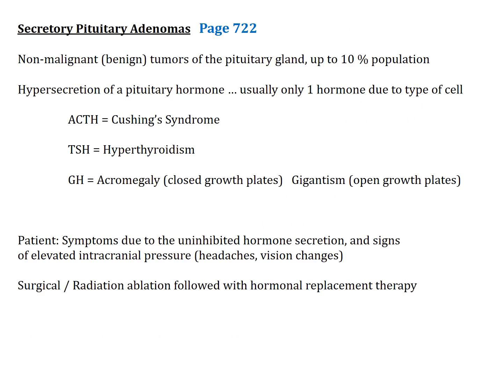So secretory pituitary adenomas, read a little bit about them on page 722. They're not that uncommon. About 10% of the population experiences this. If you are working in neurosurgery or working in a neurosurgical ICU or working in endocrinology, you have seen people with pituitary adenomas. Again, secretion of one hormone, and what they develop in terms of the physiology is based on what hormone is being secreted. They usually also will have neurologic symptoms due to the elevated pressure on the brain due to the growth of the tumor. All right, and we'll get into that when we get into the neuro unit.